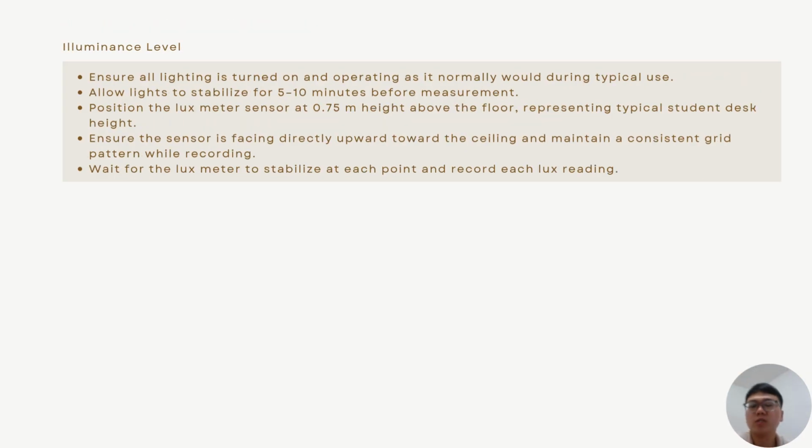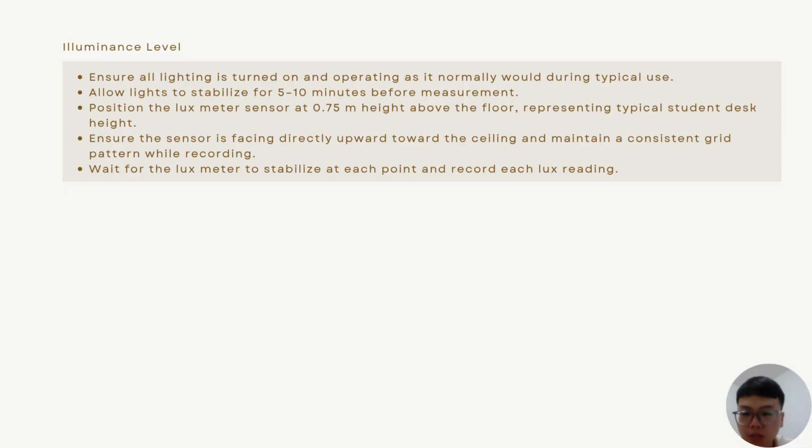So for the illuminance level, it is more through the lighting system. We just ensure all lighting is turned on and operating as it normally would during typical use during lecture time. So allow light to stabilize for 5 to 10 minutes before measurements, and position the lux meter sensor at 0.75 meter, around the sitting positions of the students above the floor,